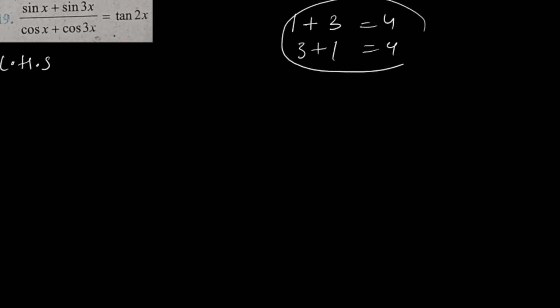Only one thing I will do here. I'm going to use the left hand side, and I'll just rewrite. Addition I can just rearrange, because I know 1 plus 3 is also 4, and 3 plus 1 is also 4. So I'll just rewrite this. The bigger angle I'll write first, because both of these are in plus. Do this only when both of the trigonometric functions are getting added. If subtracted, then you can't rearrange.